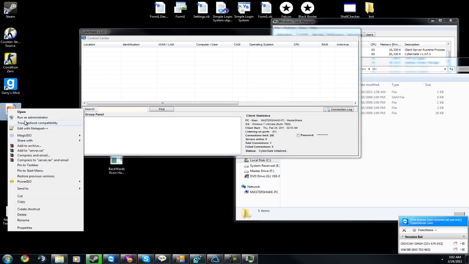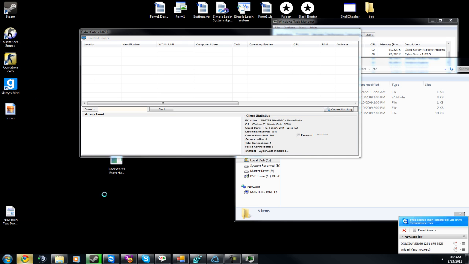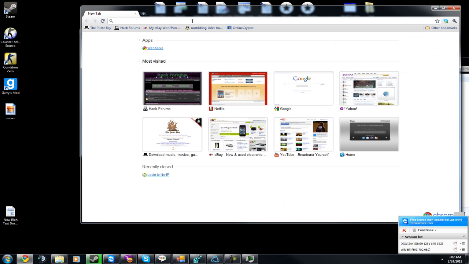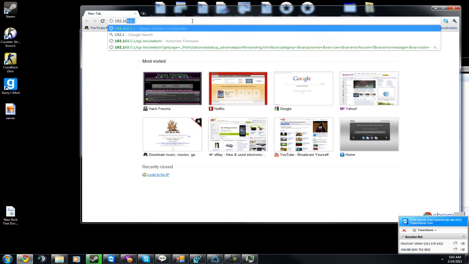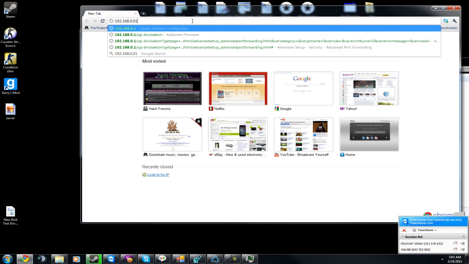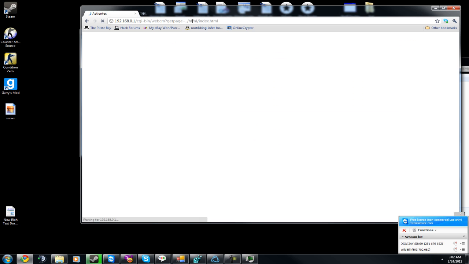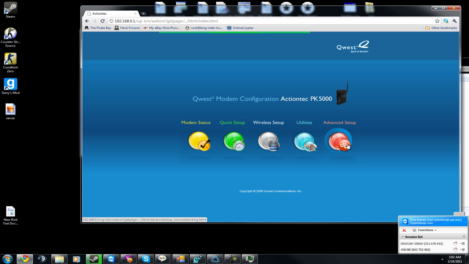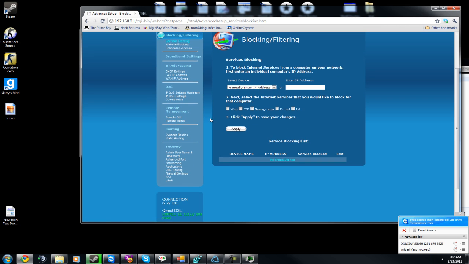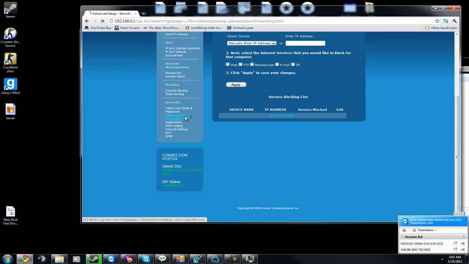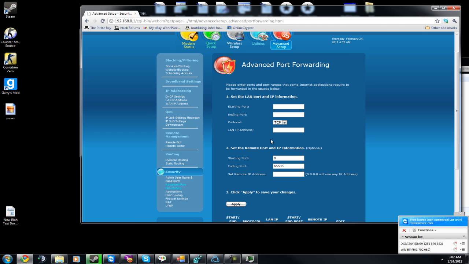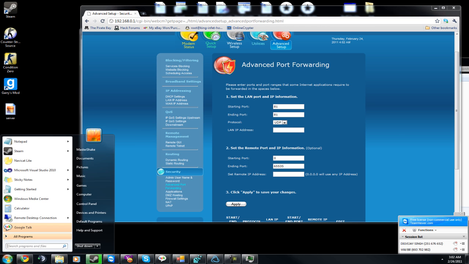Alright, so after you create your virus, you're going to need a port forward. So this is always going to be different for you. I'll just do my best at explaining it. So I've got a Quest modem. So I'm going to go to advanced setup. I'm going to go down here to advanced firewall or port forwarding. It's always going to be under port forwarding. So I'm going to port forward port 81 and ending port 81 under UDP and